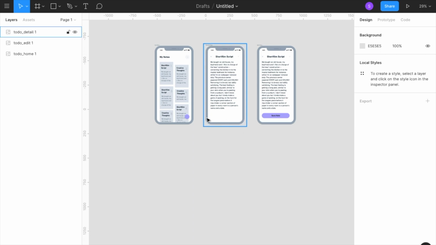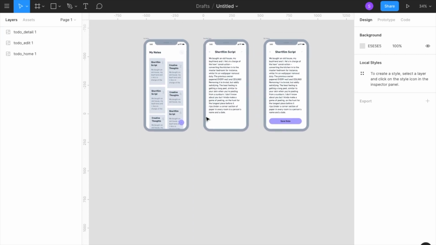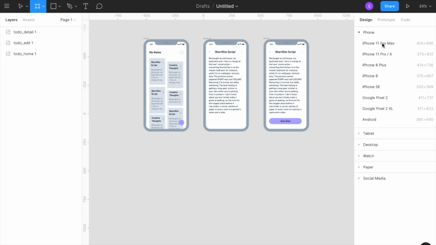Now we're gonna convert these wireframes to UI design. Select a new frame, iPhone X,